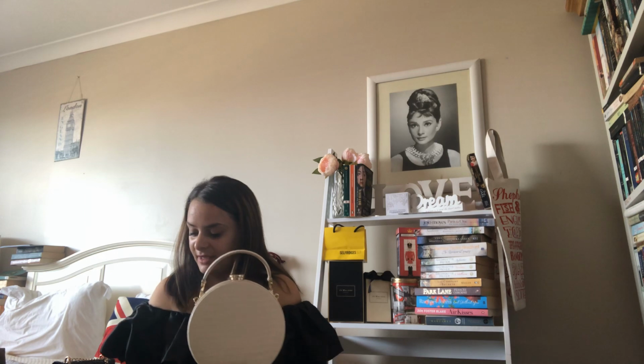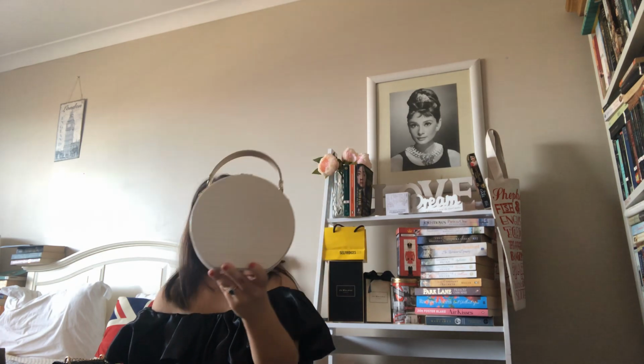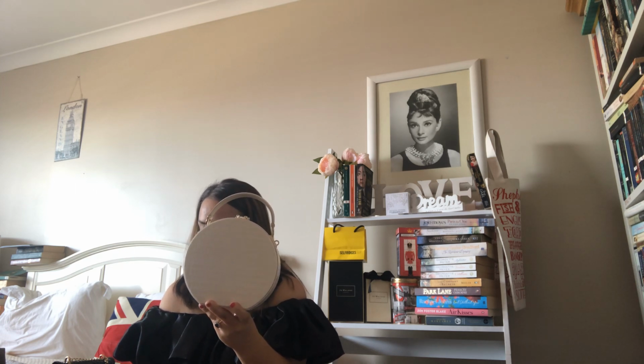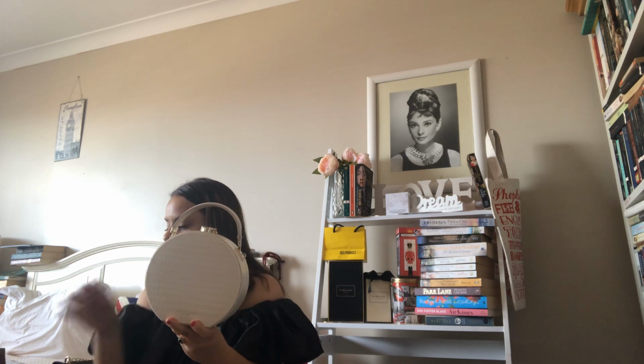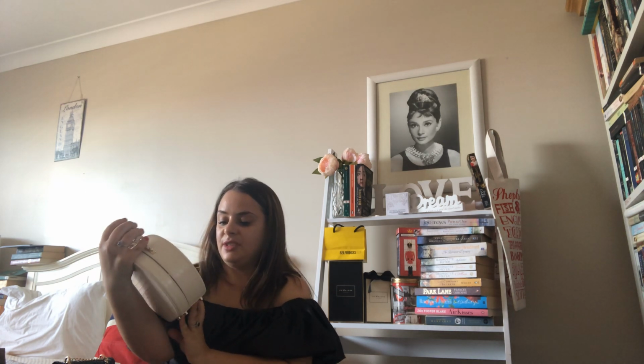So yeah, it's got that detachable leather plated chain strap, and this is tiny but it's sumptuous, and I just love the fact that it is the perfect evening companion. That chain is leather plated. Yeah, so it's pretty much just a small mini croc hat box type of bag, and this is my absolute treasure, and it's my favourite bag out of all of those 5 bags that I've got, actually